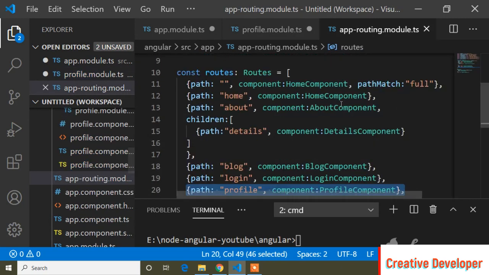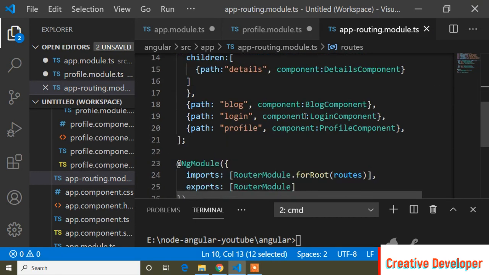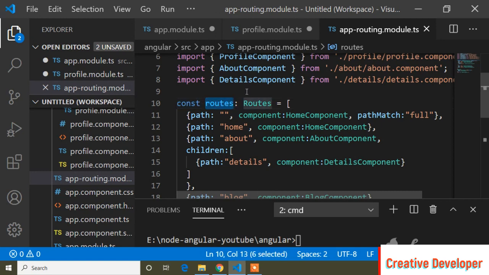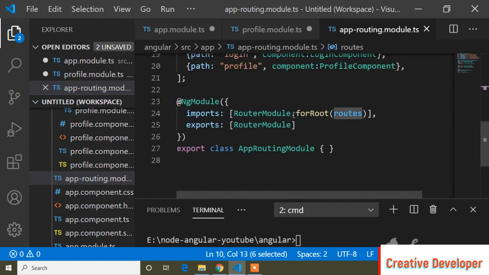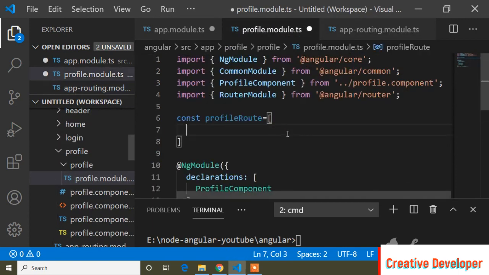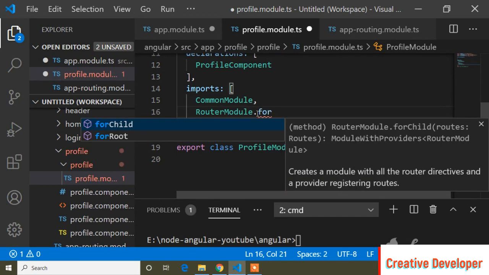And now you can see here in the app routing module.ts file, we also created a routes variable, and inside this routes variable we created all the routes, and this routes variable is passed to RouterModule.forRoot. In the similar way I have to pass these profile routes in RouterModule.forChild, not forRoot, because it's for child.